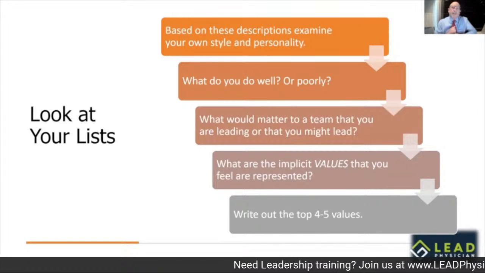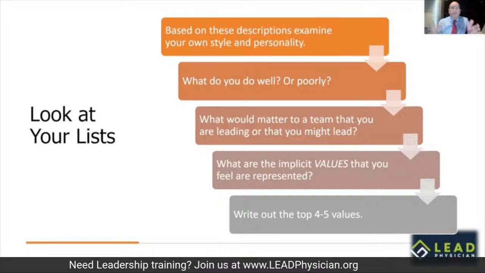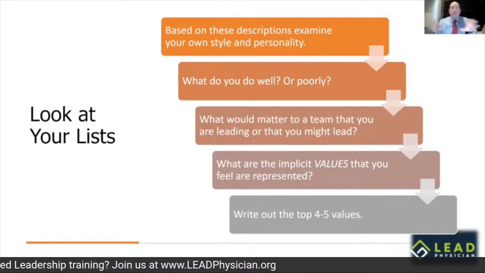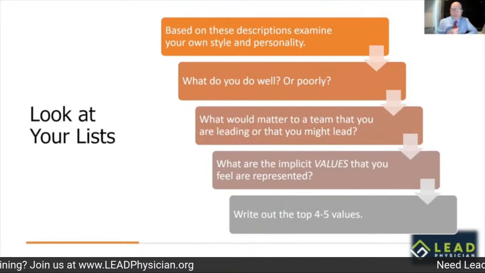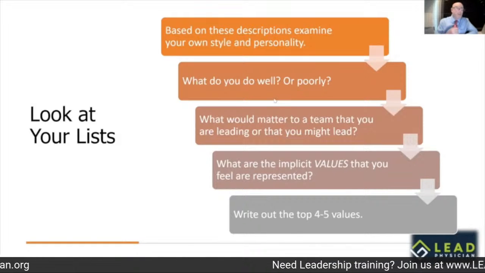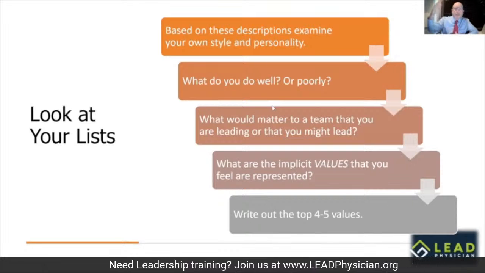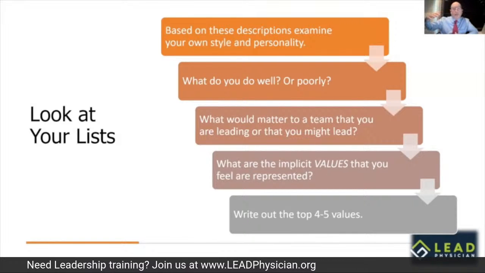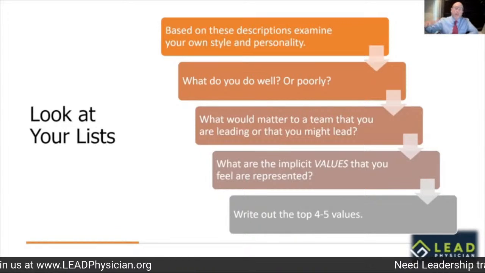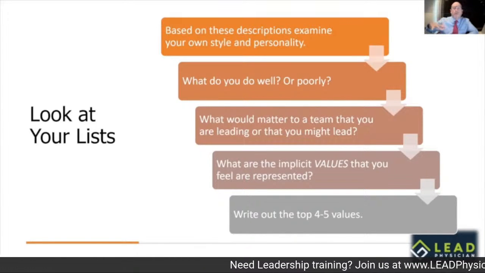I like to, not always, but I like to try to put it in at 4 as at least a baseline, because that gives you the cardinal directions of a compass. And that just seems to make sense in terms of how you're developing it. Based on that, you'll come around to what your true values are, based on what good leaders are, what bad leaders are, what's important for your team, what you do well, what you do not do very well, and then how you turn those into values,